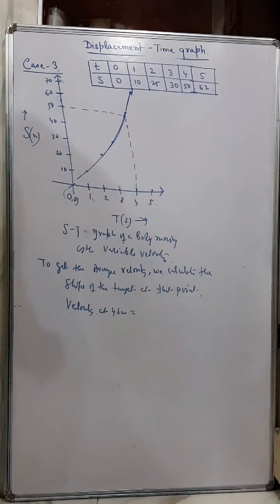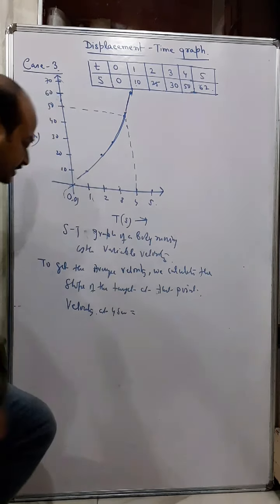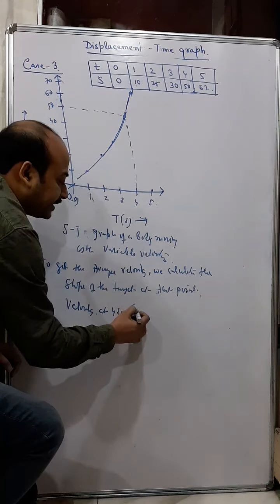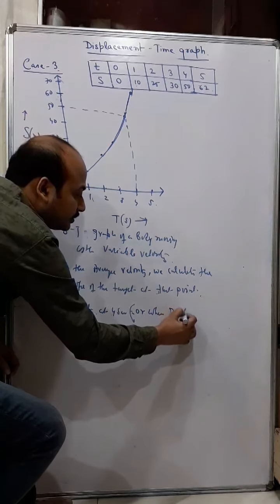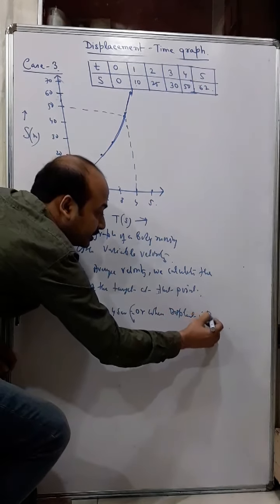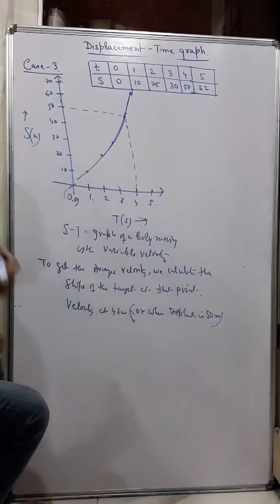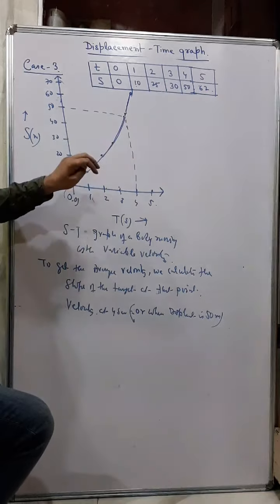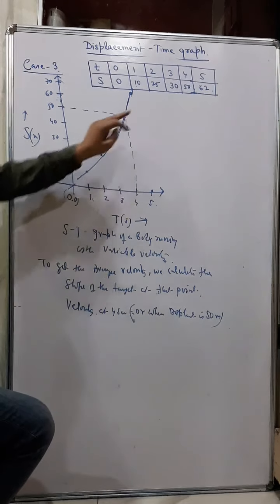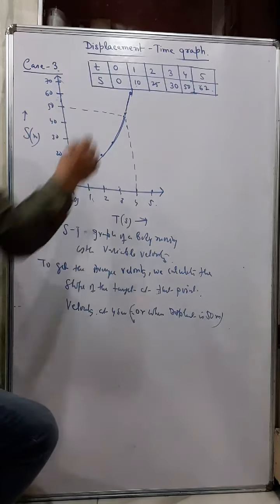So they can ask you the velocity at 4 seconds, or they can also ask you when the displacement is 50 meter. So either they can ask you what is the velocity when the time is 4 seconds, or when the displacement is 50. So we get this point,